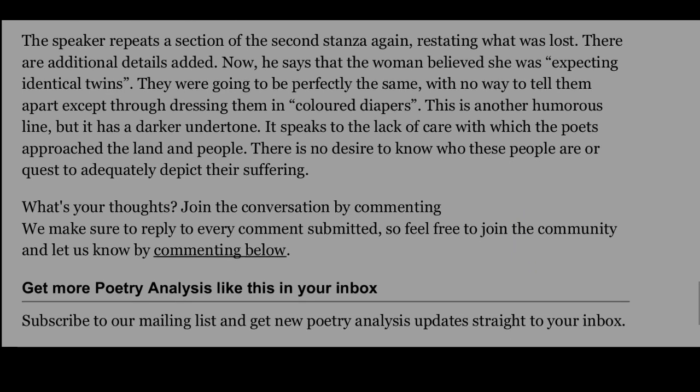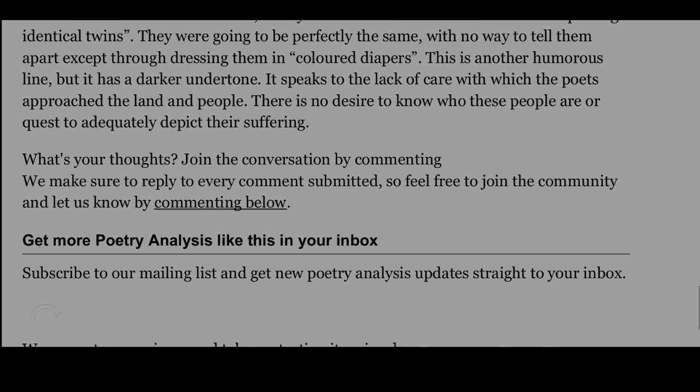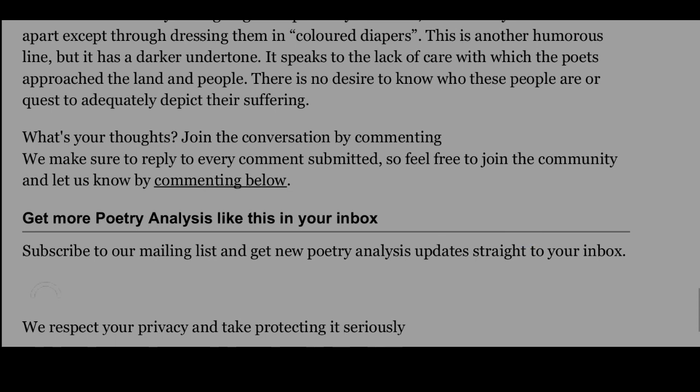The speaker repeats a section of the second stanza again, restating what was lost. There are additional details added. Now he says that the woman believed she was expecting identical twins. They were going to be perfectly the same, with no way to tell them apart except through dressing them in colored